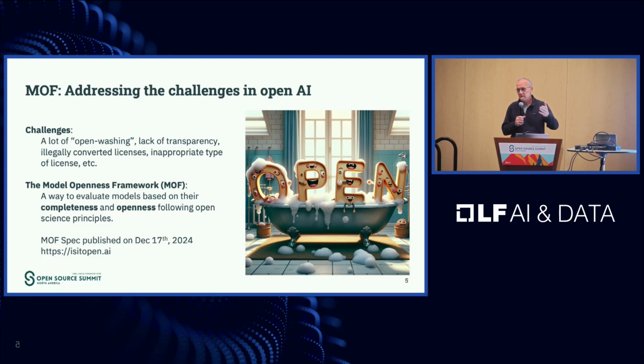People assume that because it's on Hugging Face, you can download it, it's freely available, then it must be open source. When in fact, if you look at their licenses, a lot of them, the majority in fact, fall short of qualifying for what we would consider to be open. And there's a lot of lack of transparency about how those models were built and so on. So the Model Openness Framework was developed to address this problem by providing a way to evaluate model distribution based on the concept of open science, which hinges on 2 dimensions: completeness and openness.